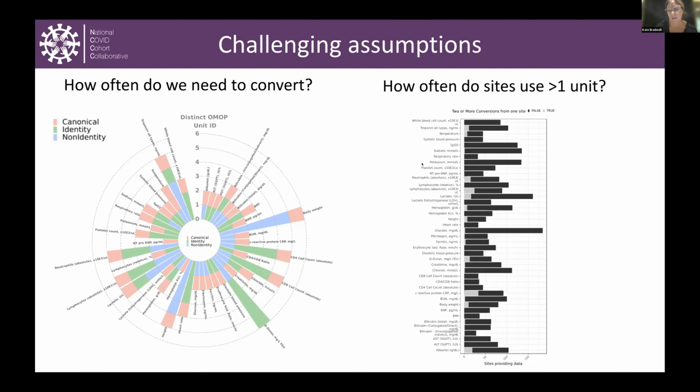So if you look at all the measurement concepts within a measured variable across the sites, how many of these sites are just including one unique unit? In general, it is just one type of unit per site that we're finding per code set, which makes our job a lot easier. Because what we end up doing is inferring per measurement concept, per code set,